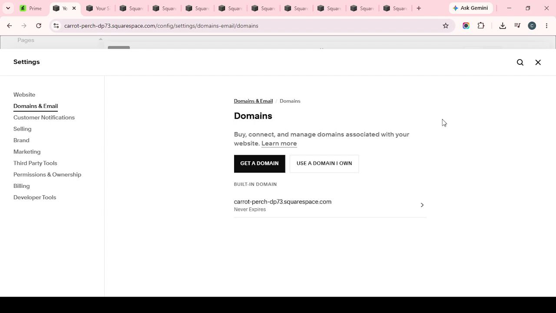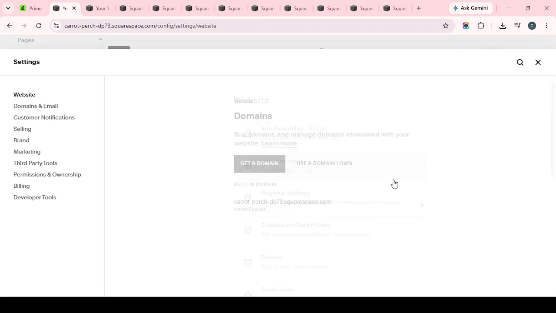And that's it. By entering your domain, selecting GoDaddy, and authorizing the automated connection, you can complete the setup in just a few